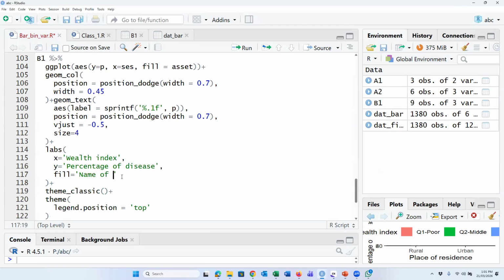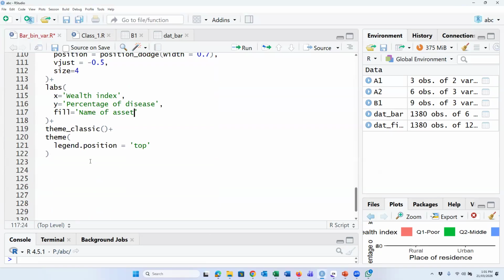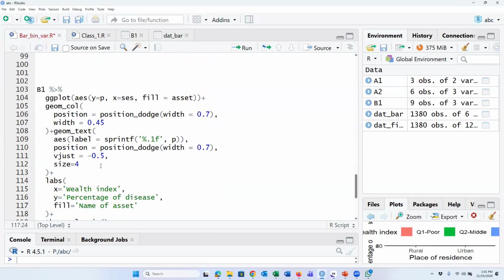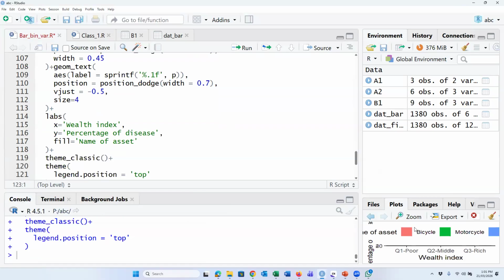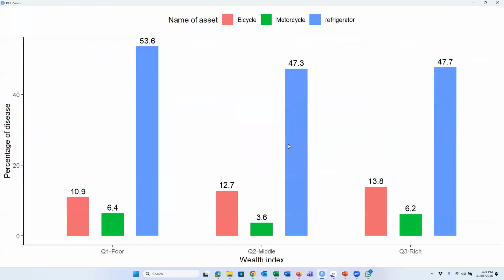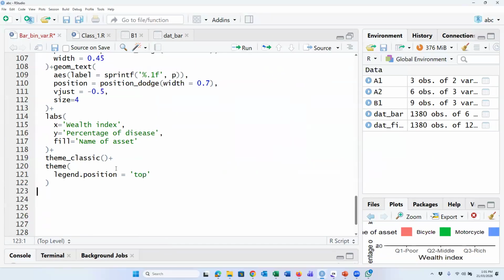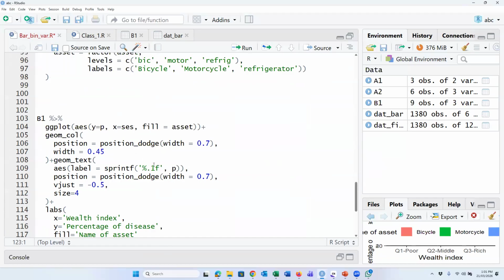Name of asset. All will be the same. Yeah. This is the bar diagram for multiple binary outcomes by a categorical variable. So the code is the same. Just we have to change the variable name.